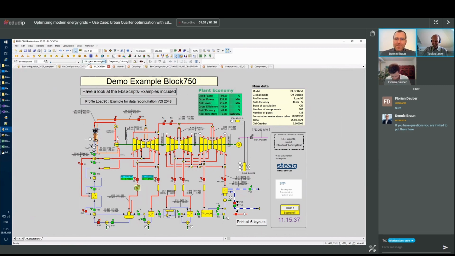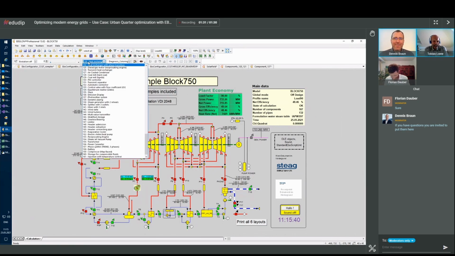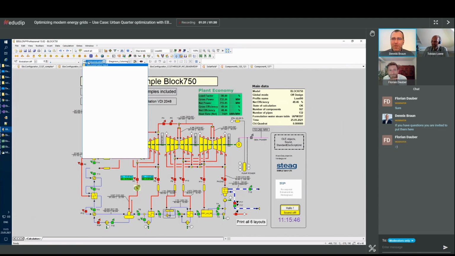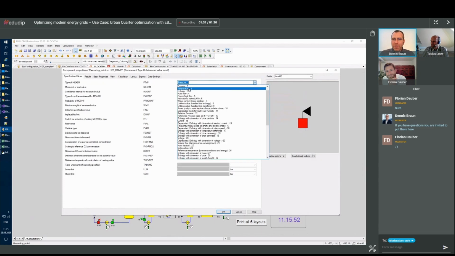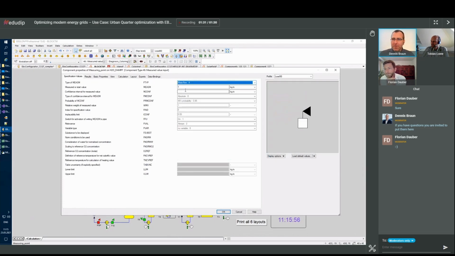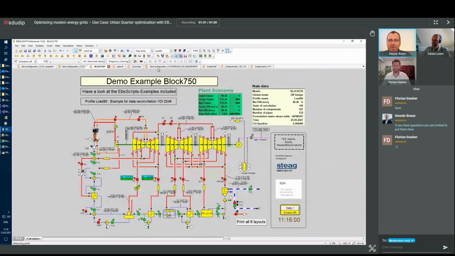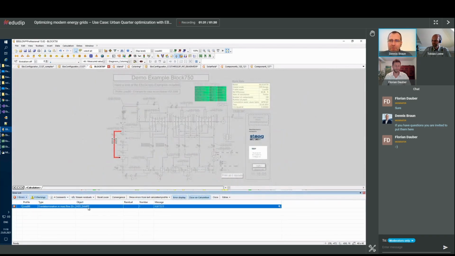You know what? It's already 15 minutes over. It's so interesting and it's really amazing. Most of the people are still there. So I have an idea. Why don't we collect user stories, problems like, can I do this? Can I do that? And if we have a couple of those, we can maybe have another web seminar soon. I think Tobias will be available for those things on short notice, because that is his daily business. Let's collect that, or even have a private talk if there is something very specific. That would be my idea.